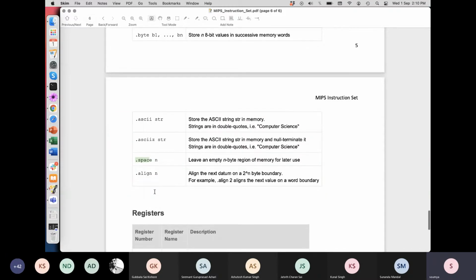Now this is interesting, .align. Have you heard this term, byte aligned memory? Anybody?